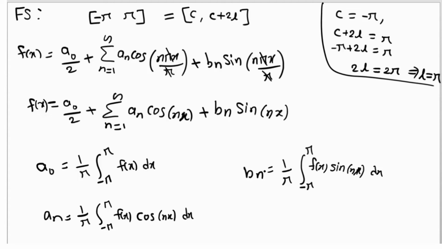Now, when the integration limit is minus pi to pi, that is minus a to a, then we use the concept of even and odd functions. उसमें क्या होता है, when we know that even and odd concept, तो वहाँ पे a0, an, bn ये तीन constants ना निकालते हुए only we have to find either a or b, but there is a condition, तो वो condition समझ लेंगे, then after that we will start using that even and odd condition. How to check even odd, how to apply that term, or where we can apply the even and odd, all that we will discuss in the coming video. So I hope these formulas are clear. So let's discuss the example.